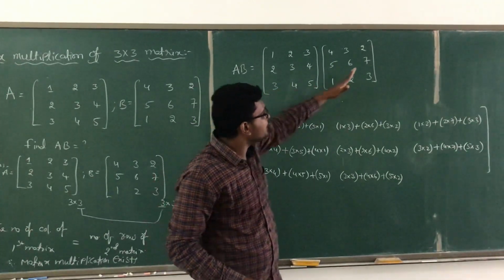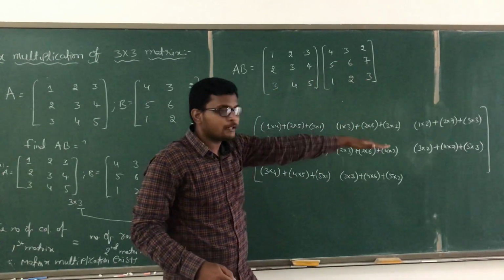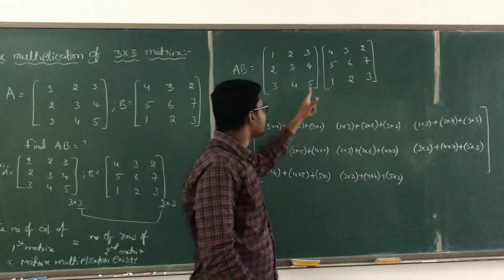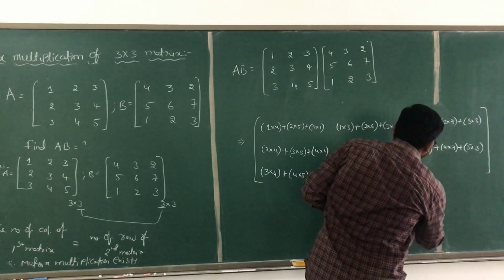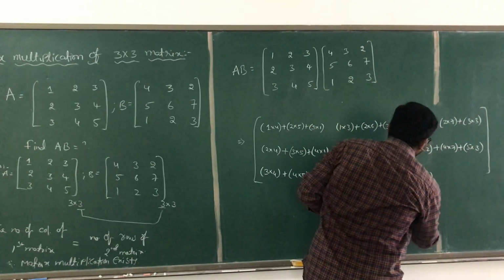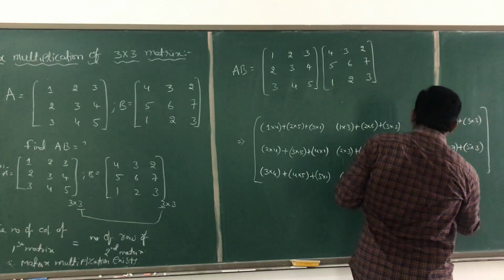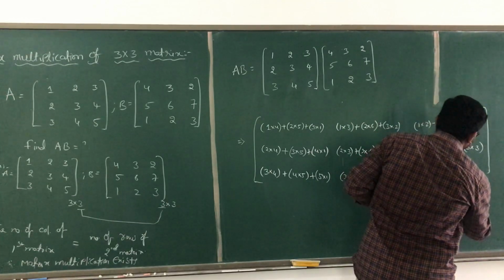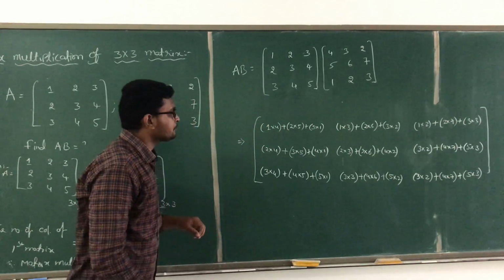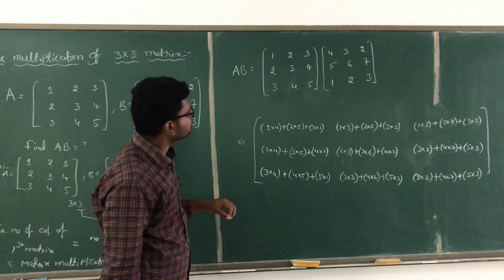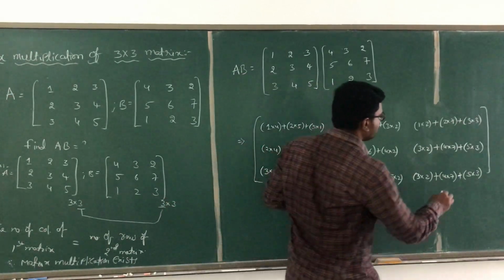Now we are moving to the third row, third column. As we are going to the third column, here also we have to move to the third column. Third row, third column. Multiply 3 into 2, right? Next, what are you going to get here? Next one, 4 into 7 plus, multiplying this, 5 into 3. Okay. Now what are you going to get? See here, you have 4 into 3.